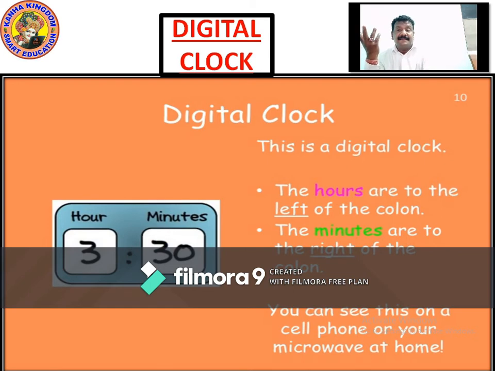How does it write? It writes the timing. If it is 3 hours 30 minutes, it will write 3:30. In a digital watch, there is not much confusion. It's direct time. When you see a digital clock, you can directly identify it's 3:30, 3:45, 3:10, 3:15, 3:12, 3:23. It gives the proper time.